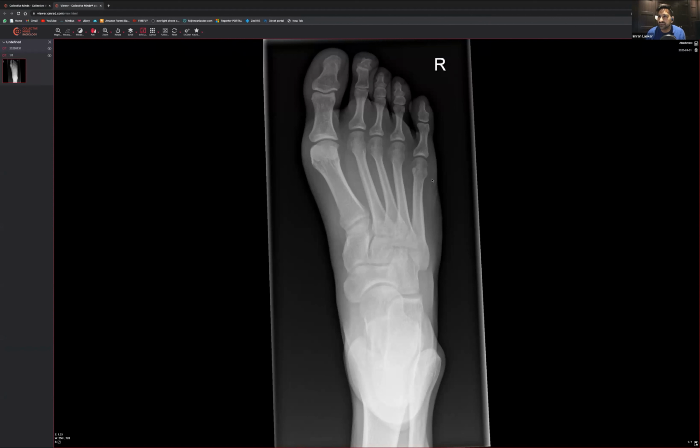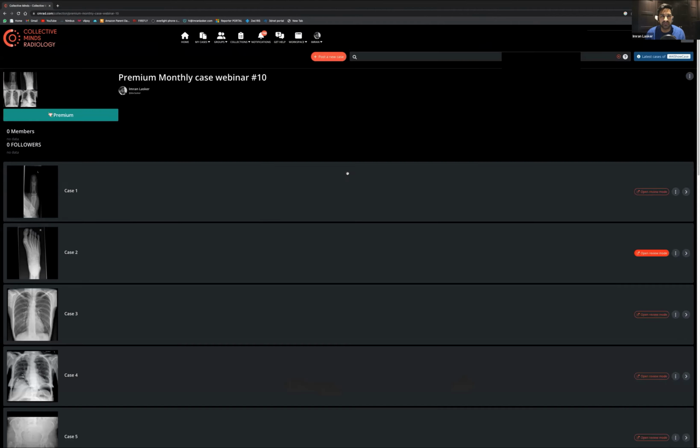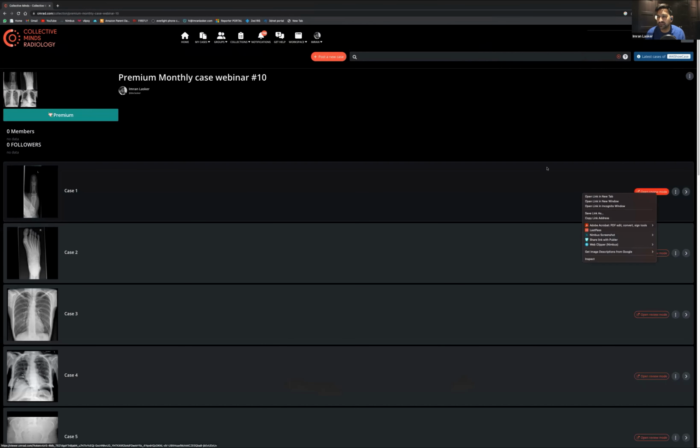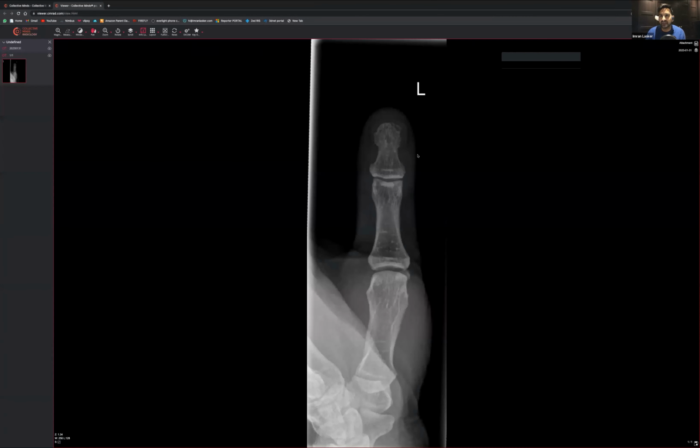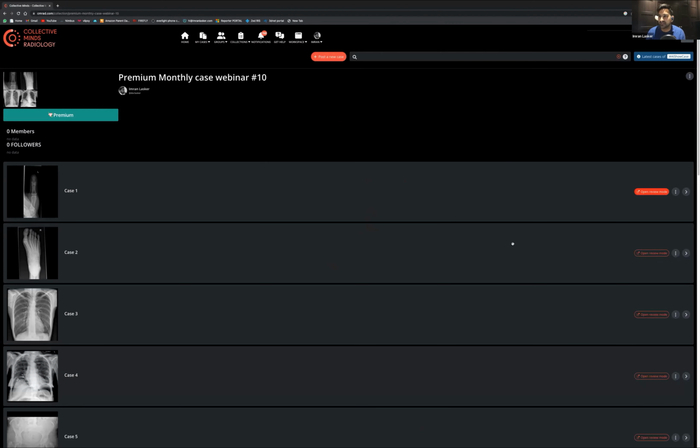So how do you describe a thumb fracture? The way you describe a thumb fracture on that particular one is just keep it simple. I always like to keep it simple, right? So just say this is a fracture of the tip of the terminal phalanx of the thumb. And that's it. If you want to start naming digits, the thumb is the first digit, and then there's going to be 2, 3, 4, 5. So you could say there is a fracture of the tip of the terminal tuft of the first digit, something like that, if you want to. Okay, so let's go on to the next case.